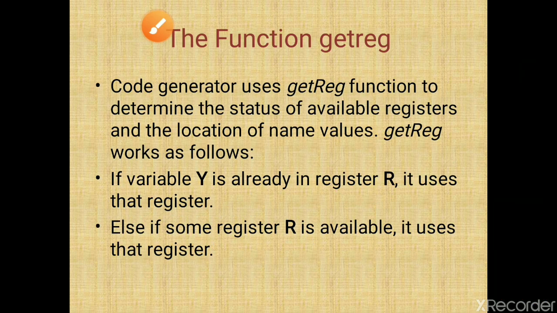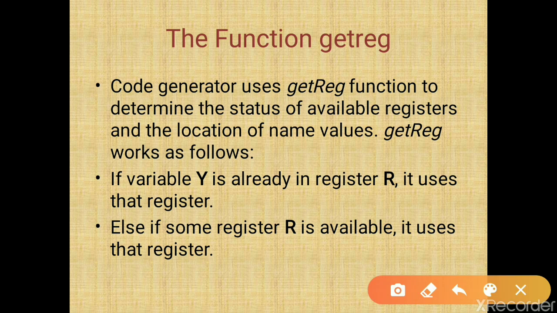Now, the next is, in the case of a code generator, it works based on two important parameters. One is the descriptors, another is the getReg function. This is very important in the case of a code generator. It works based on the getReg function. Normally in almost all question papers you can see the question: what is the function of the getReg function in final code generation or a simple code generation.